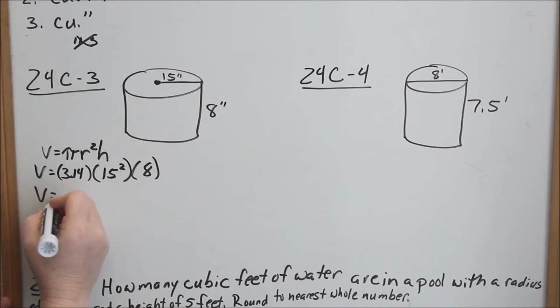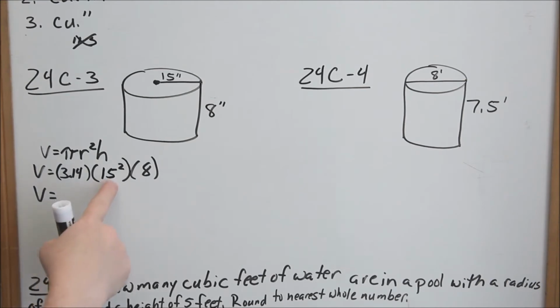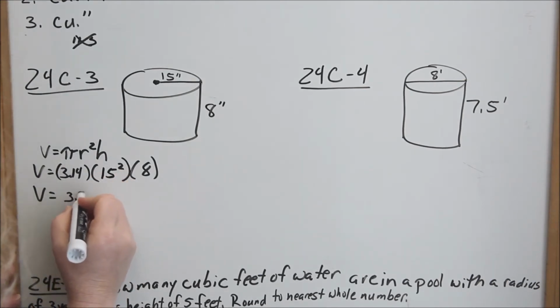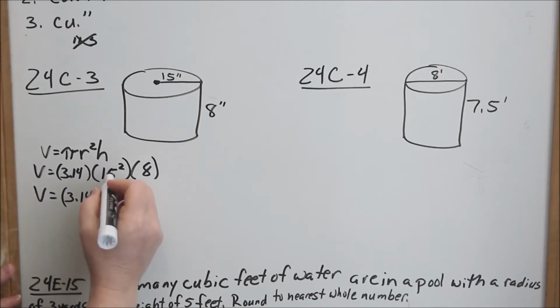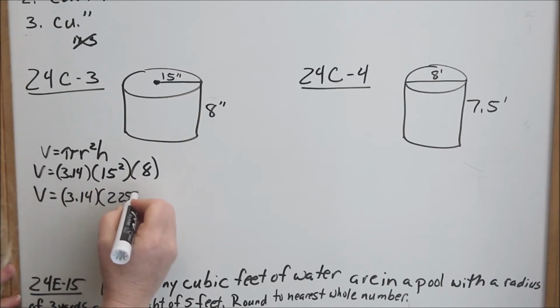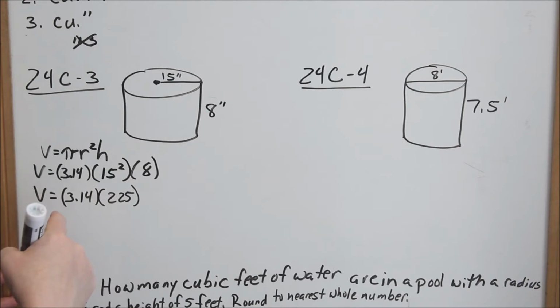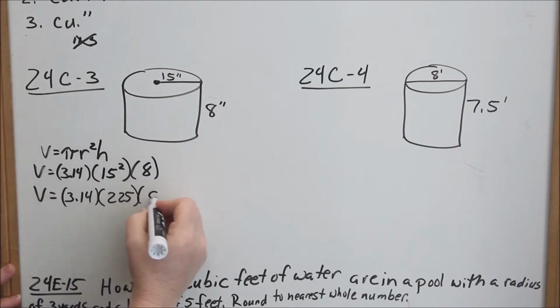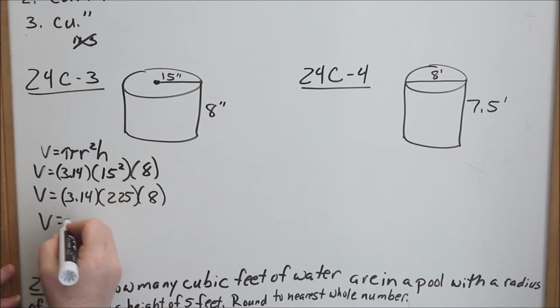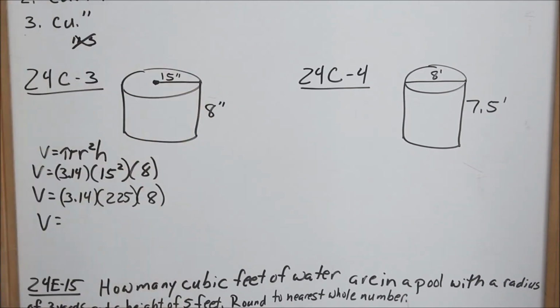So PEMDAS order of operations says do exponents first. So we have 3.14 times 15 squared, 225. That means 15 times 15, not 15 times 2, times 8. Now multiply all those numbers together. And again, you can use your pi button on your calculator, but if you use 3.14, then you'll get the answers in the back of the book. So multiplying all those together, I got